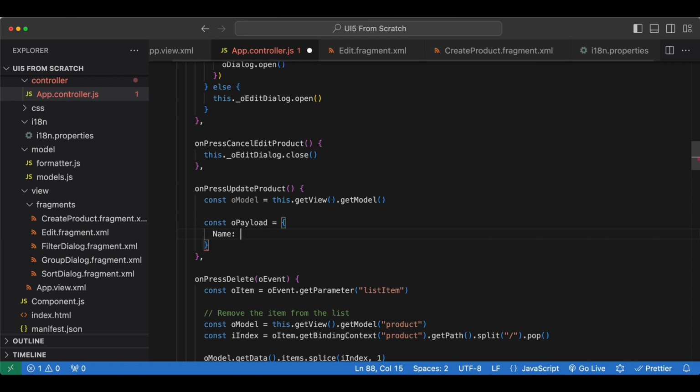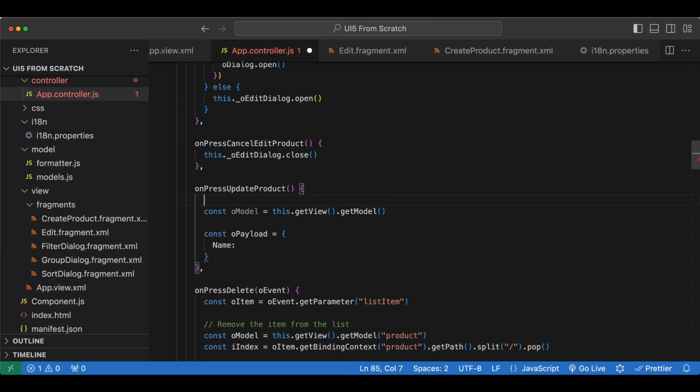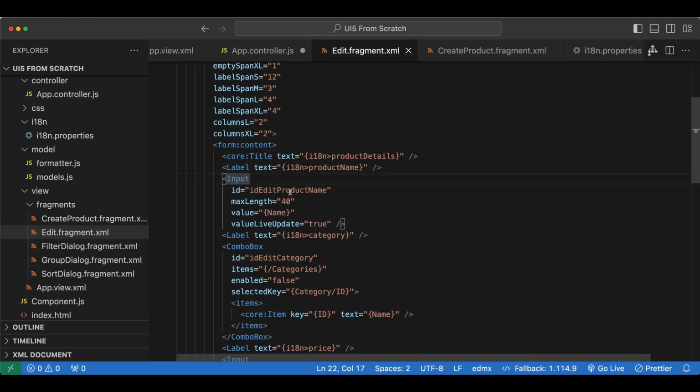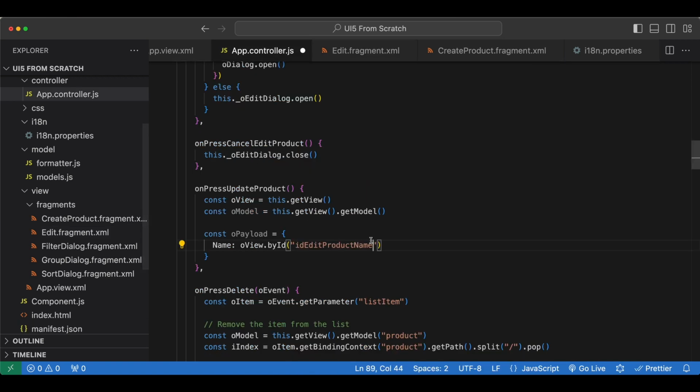We have a name attribute, and we will get it from our view, and I don't want to repeat that, so let's also get our view here. Const oView equals this part, and name will come from oView.byId. Let's check the id for the name. First one, this.getValue,